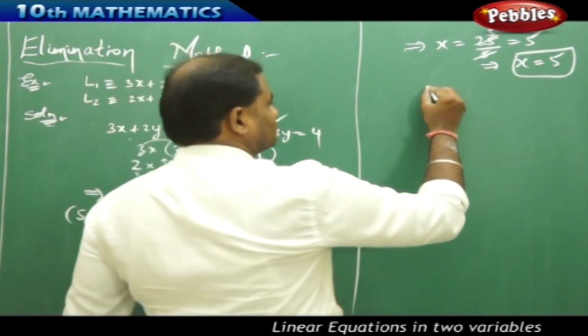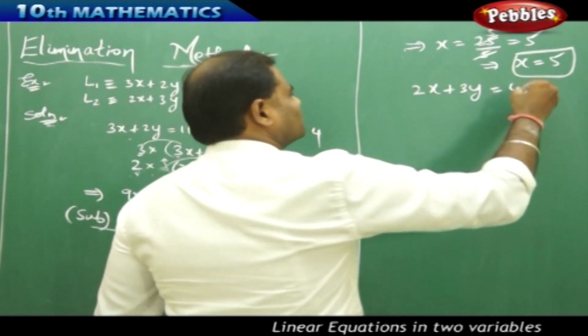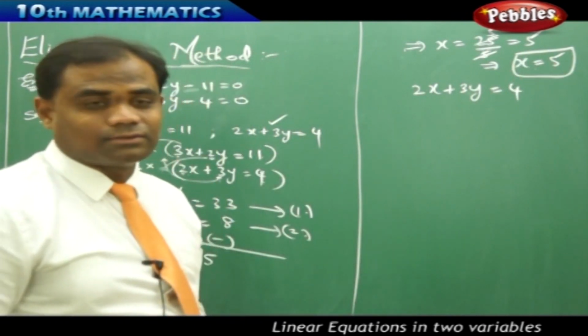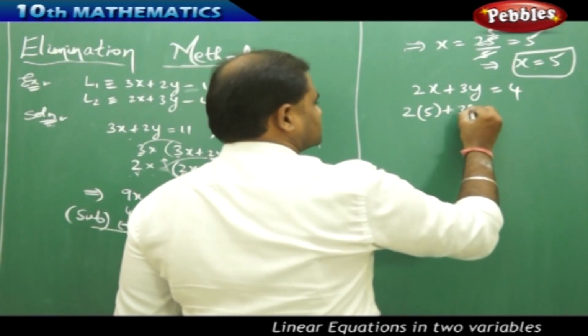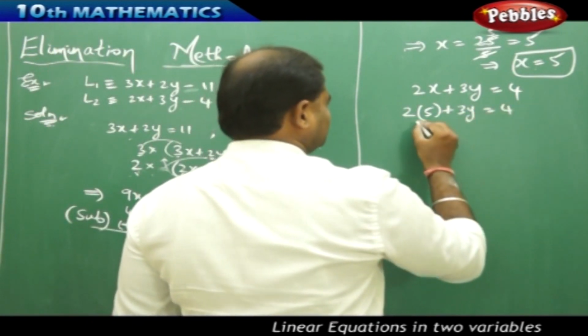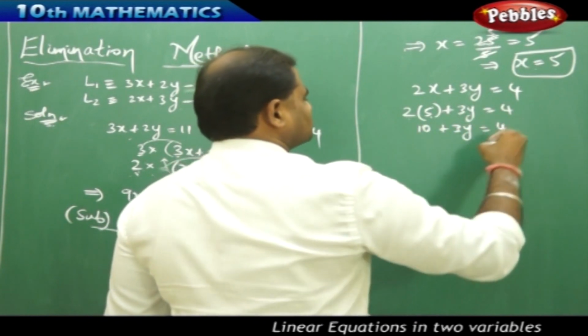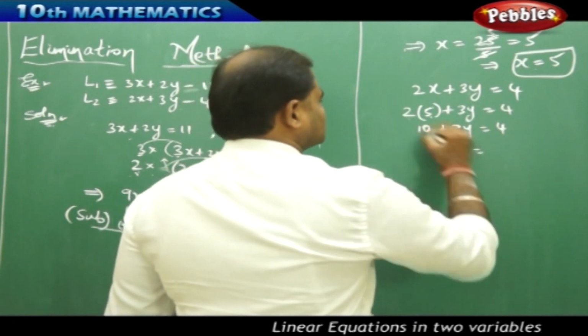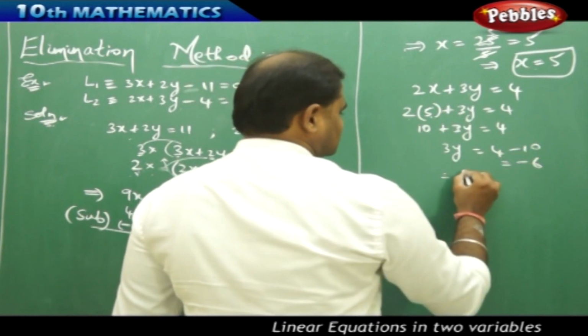So here the equation is 2x plus 3y equal to 4, where I substitute the value of x equal to 5. So when I substitute x equal to 5, 2 5s are 10 plus 3y equals 4. Then this would be 4 minus 10, which is minus 6. Therefore,